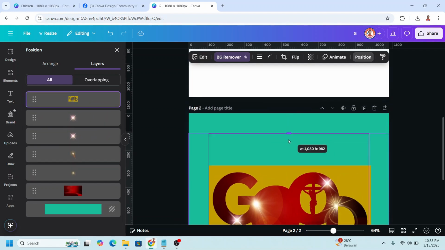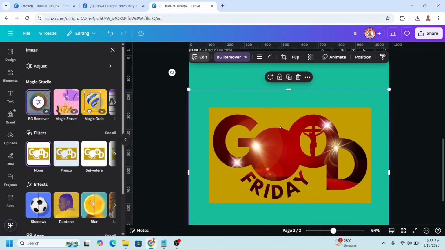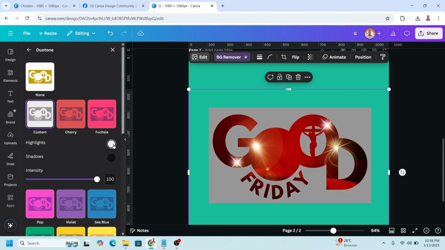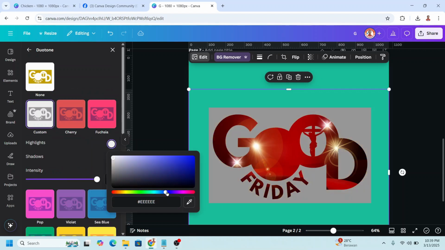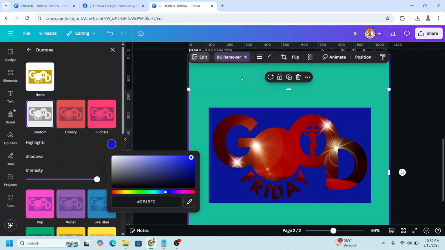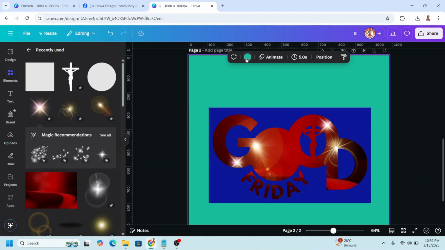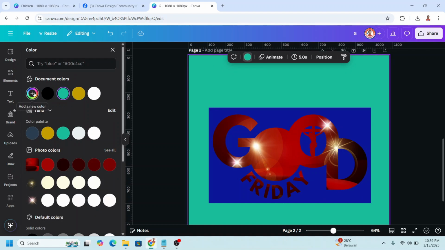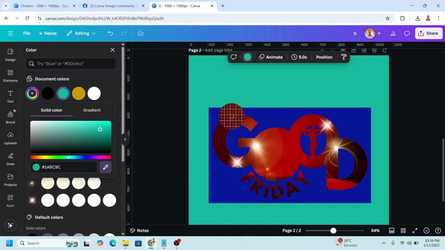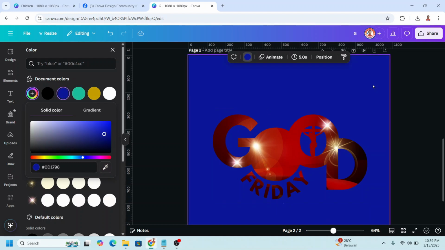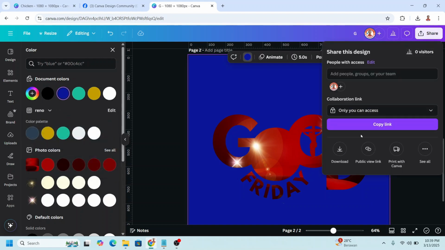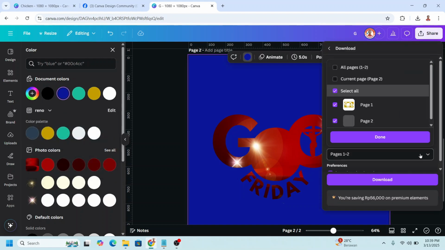Okay, now I will crop it. So select this frame and go to edit. I will change the color of this frame to a color that doesn't exist in this design. So I will go to dual tone, custom, and change the highlight to this blue. Okay, and then click on the page background, click the color button, and then click the plus button, click this pick a color, and click here on the blue. So the page color now has the same color as the frame. Now download this page too as PNG,